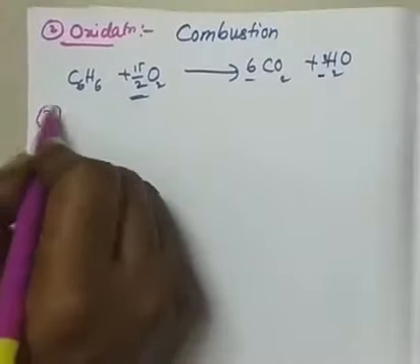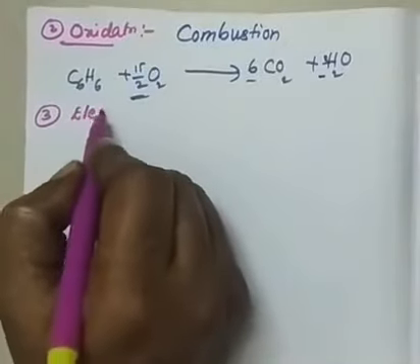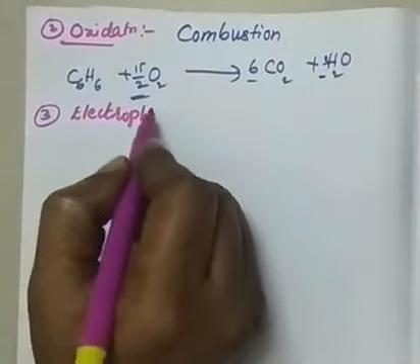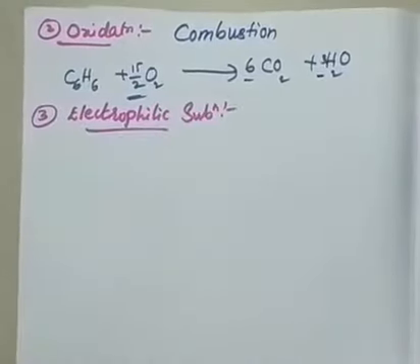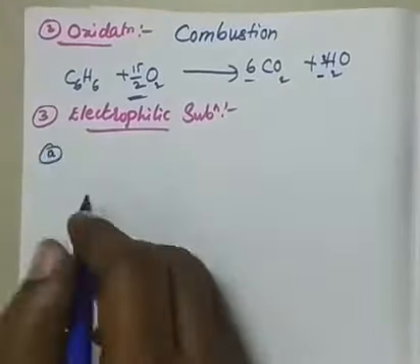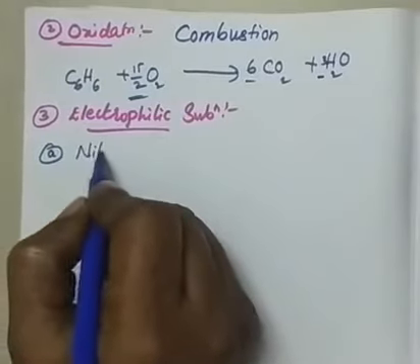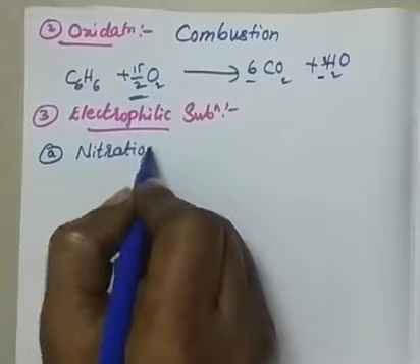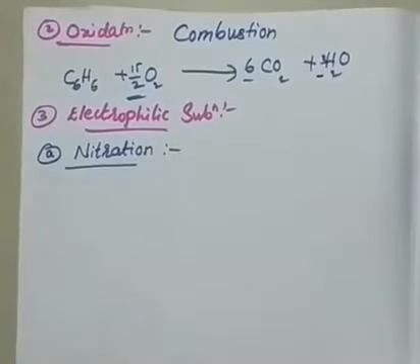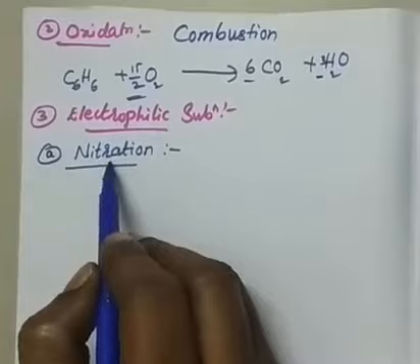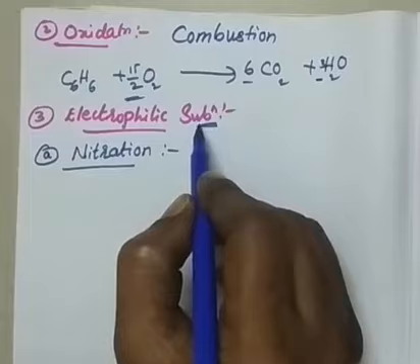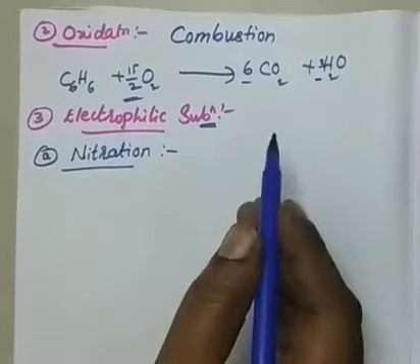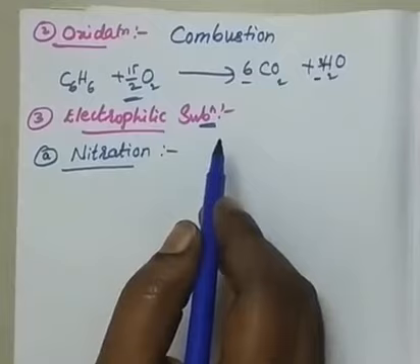Third reaction is what I said, electrophilic substitution reactions. Please, very important reaction. At least you have to remember the name of that reaction, what the reagents are, and what the product is. So in this again we have 5 different reactions. One is nitration. The name itself will indicate, don't worry, I'm not making you afraid, just try to remember. Nitration means substitution in benzene. Substitution means one atom has to be replaced with another atom, that means substituted by the other atom, isn't it?